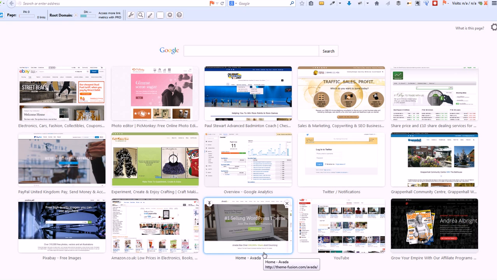Okay, this is a basic tutorial on how to use PicMonkey to scale down the size of a file for an image without compromising on the quality, but ensuring it takes up far less disk space and therefore loads quicker onto your website when somebody comes to look at it. So the first thing that we're going to do is search for PicMonkey